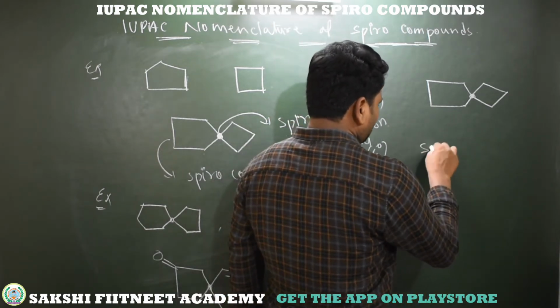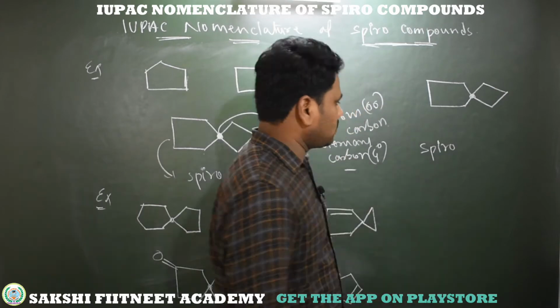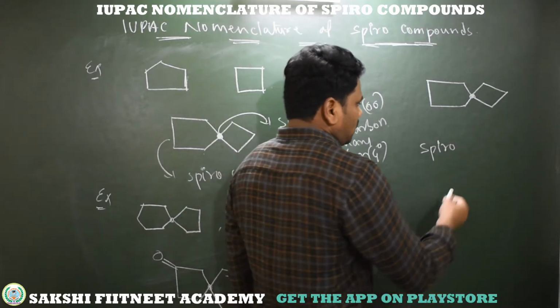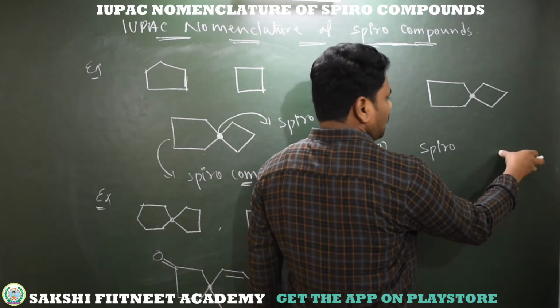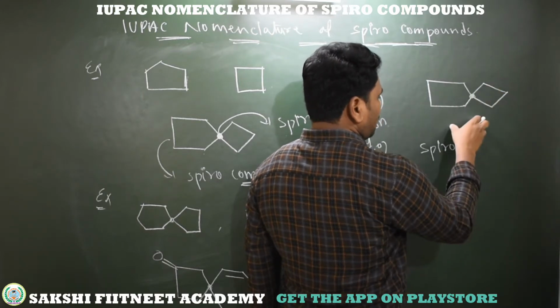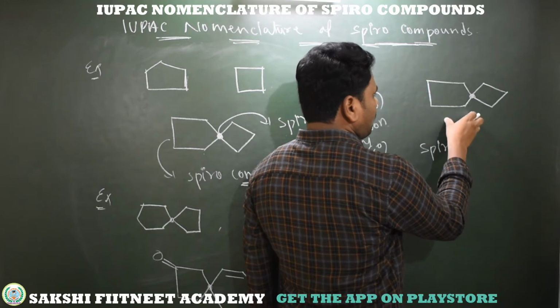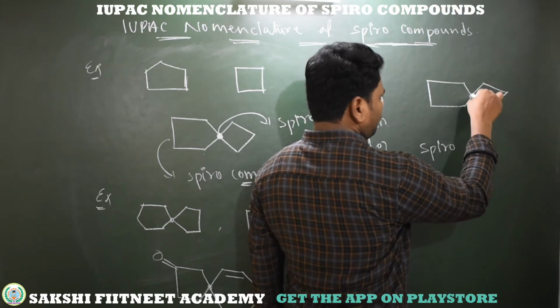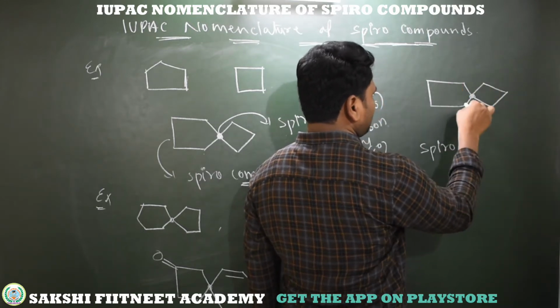So here I am writing the compound name with spiro as a prefix. Now I am ending with a name which is a hydrocarbon. See here, this is a hydrocarbon which is a spiro compound having 1 2 3 4 5 6 7 8,